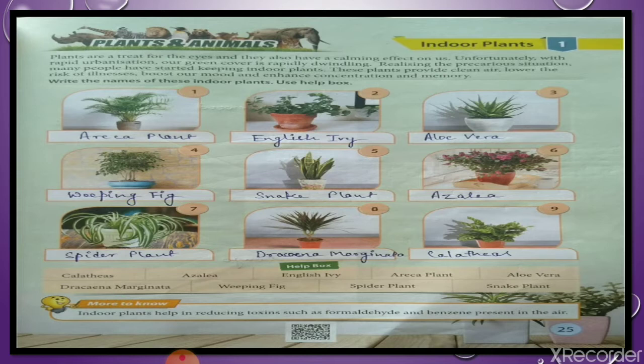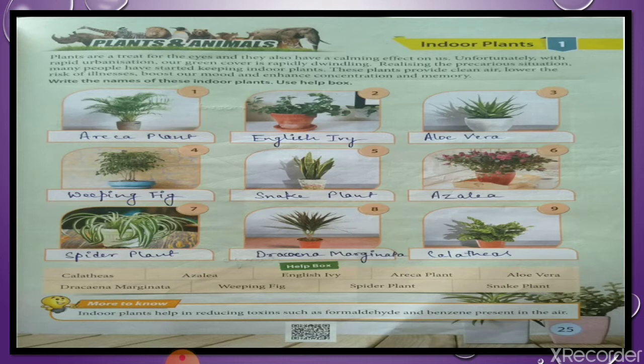Then fourth plant you can see, the fourth plant is weeping fig, and it has very good air refreshing quality. It is also used in cleaning the air. Along with it, it is used in skin disorders, piles, vomiting, leprosy, malaria, etc. Fifth plant, I think you all are familiar. This plant is a snake plant. It is also a very good air cleaner, and it can absorb cancer causing pollutants also.